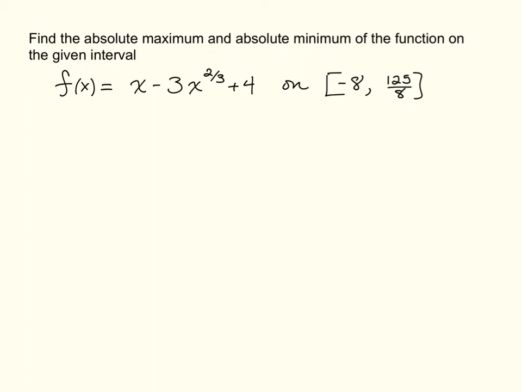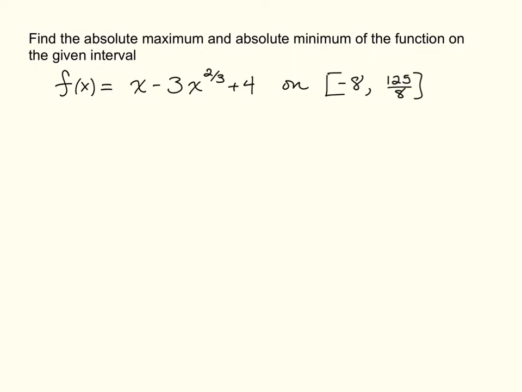Find the absolute maximum and the absolute minimum of the function on the given interval. The function is f of x equals x minus 3x to the 2/3 power plus 4, and the interval we're given is negative 8 to 125/8. In order to find the absolute maximum and absolute minimum of this function, we need to first find the